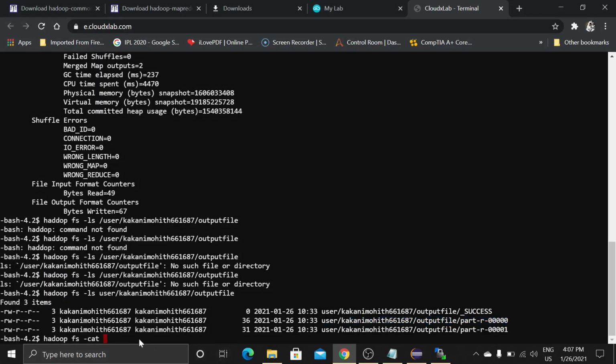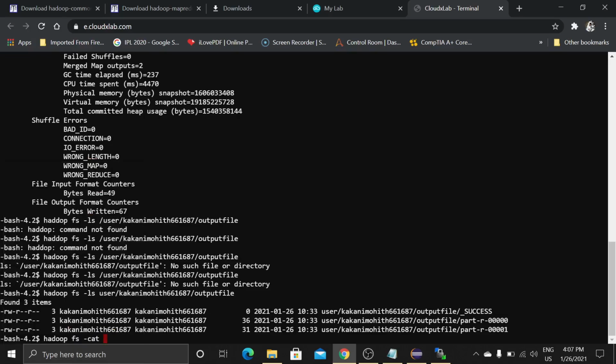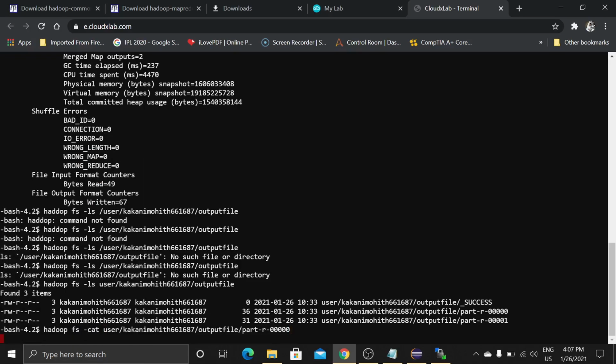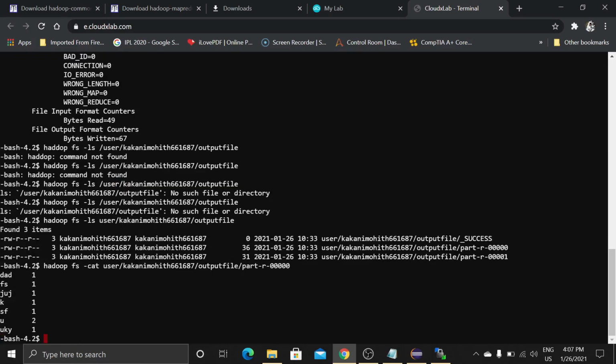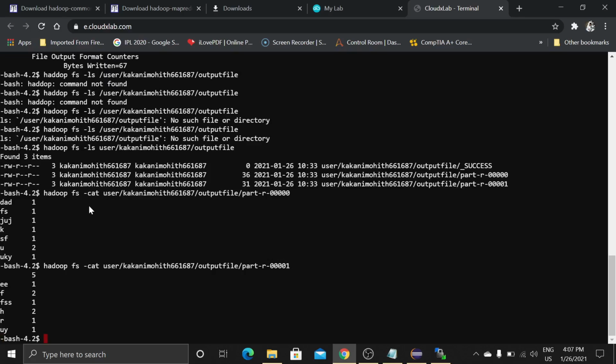Copy this one, go here, paste. Simple, same command. Here there are 5 zeros; give a single one. This is the way to run Hadoop files in the cloud platform using WinSCP and Eclipse software.